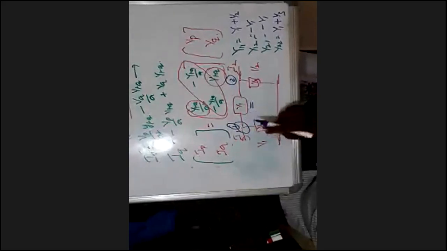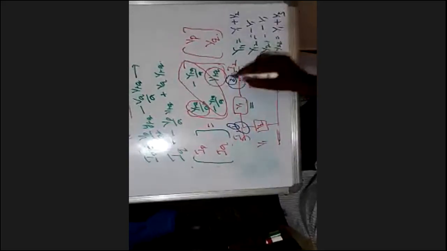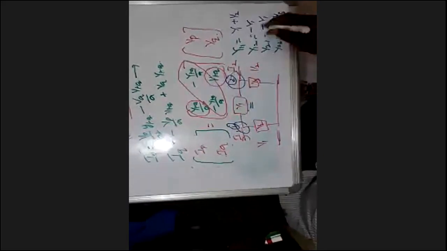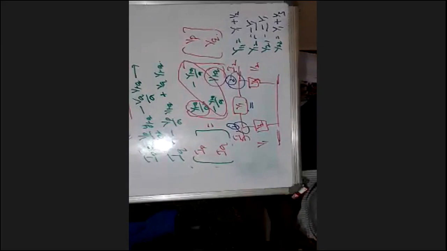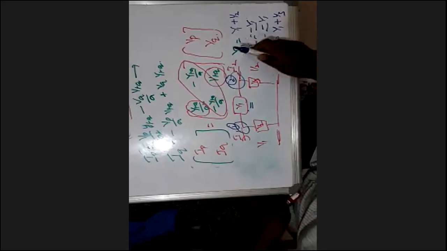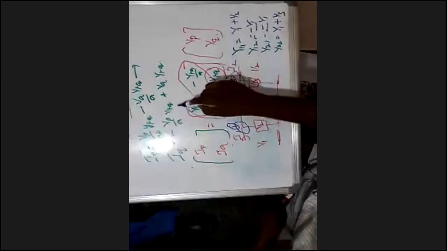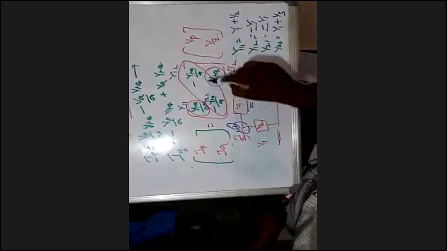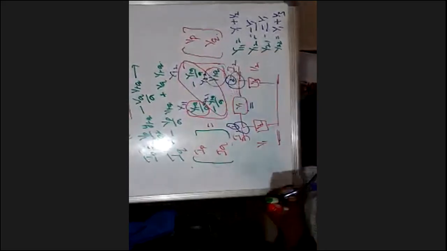Yes, sir. You see how many are connected here? 1 and 2. How many connected? 1 and 3. Between 1 and 2, Y1. Between 2 and 1, Y1. Yes, sir. We should put a negative sign according to the properties. Now if I equate Y11, can I equate this to Y11? This is Y12. This equals Y21. This equals Y22.